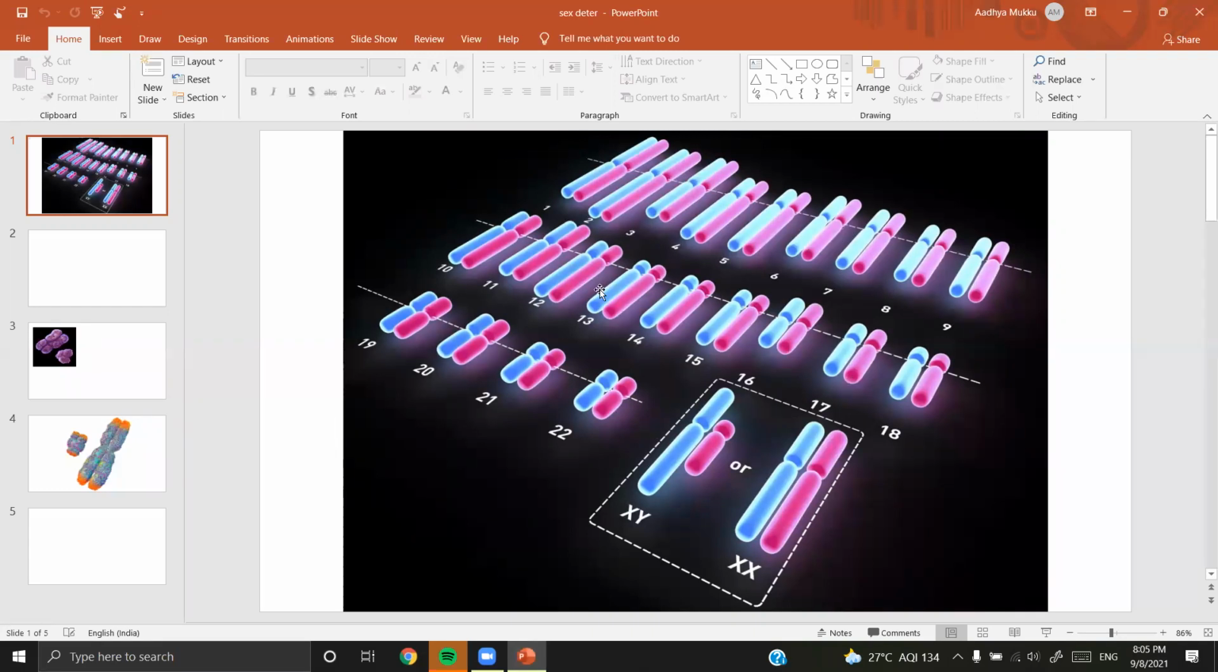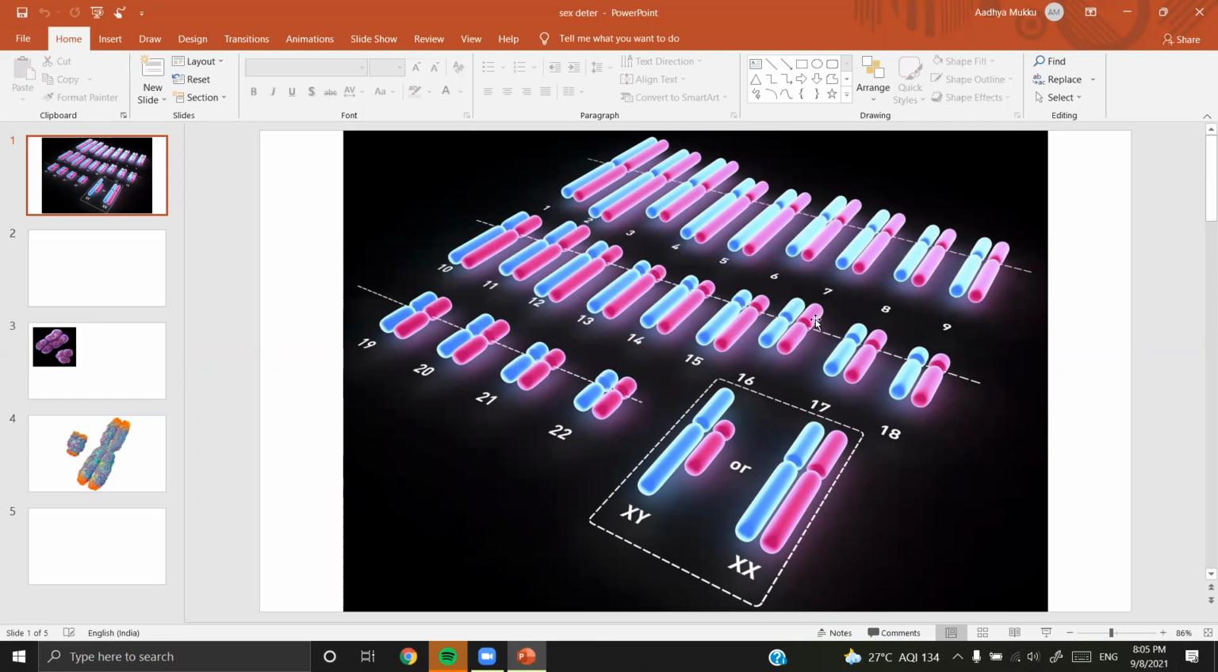As you can see, the 22 pairs of chromosomes are the homologous pairs which you get from your father and mother. So these are the homologous chromosomes, one from the mother and one from the father, as you can see in the 10th pair here. In the same way, all the 22 pairs of chromosomes are the homologous autosomal chromosomes,